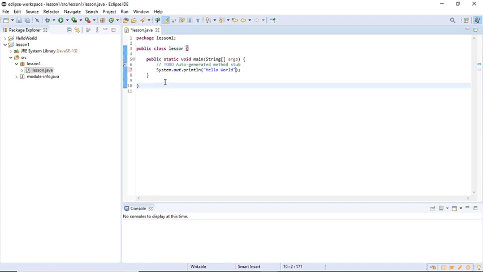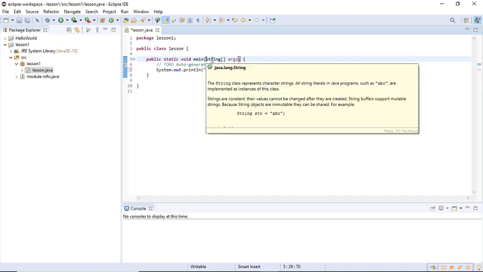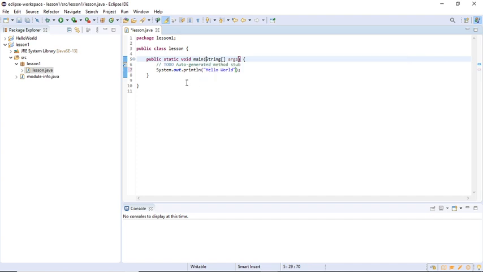A function has a starting and an ending. So these curly braces are used to denote that. And you can see these brackets over here, parentheses. This is used to take parameters or input.